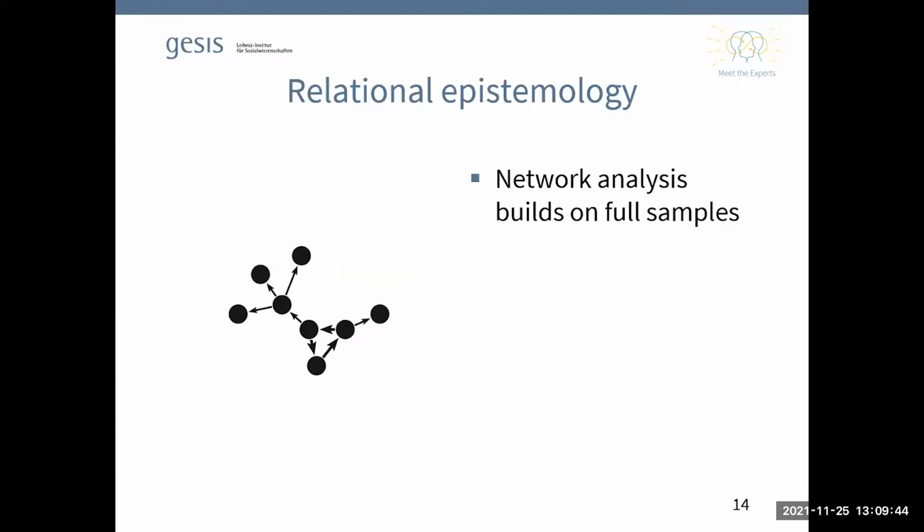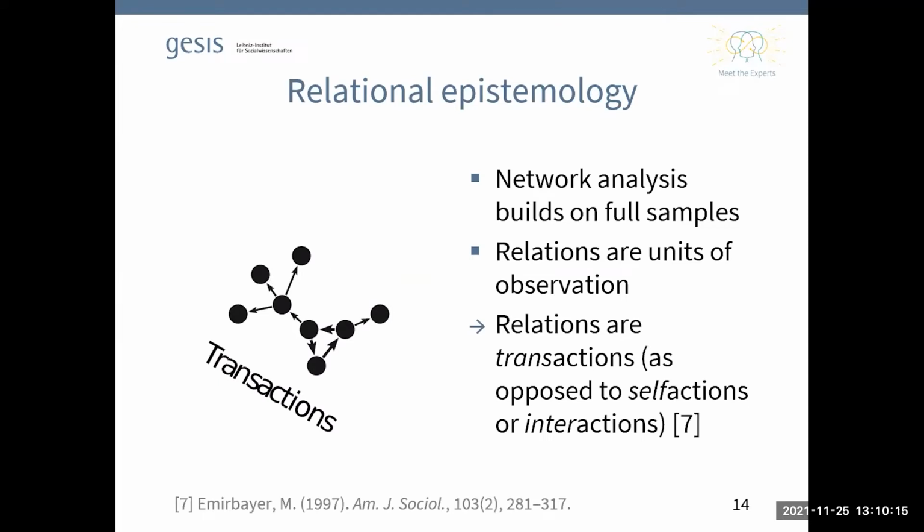Now regarding the philosophy of network analysis, it typically builds on full samples, on complete data, where you often have all relations among a set of nodes, or all nodes that belong to your system of study. And this field moves away from the person as the prime unit of observation, and relations become the unit of observation. Actually, those relations are transactions,